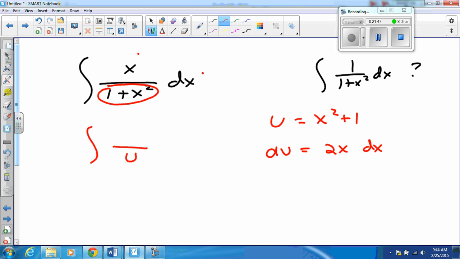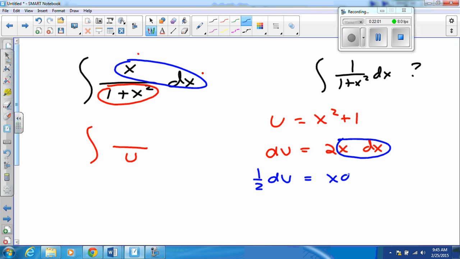Okay. Well, now I look at this, and I see that this fragment is identical to this fragment right here. Everybody see that? Yeah. And so I say to myself, oh snap. And I solve for x dx. X dx is 1/2 du, so gosh darn it, x dx is 1/2 du. Ta-da! And now I have substituted away the entire integral in terms of u.